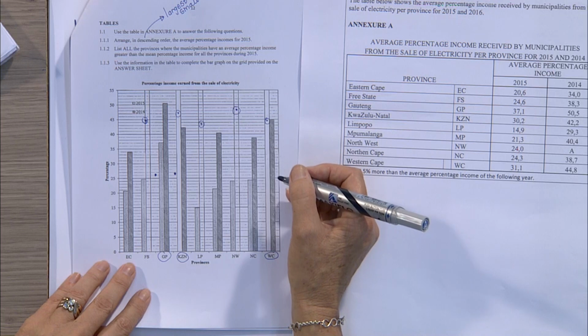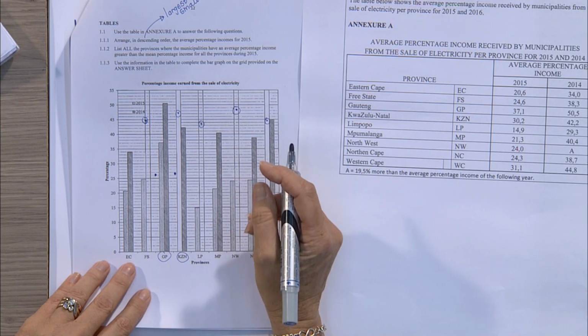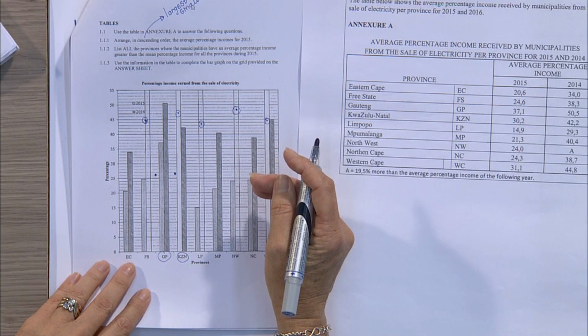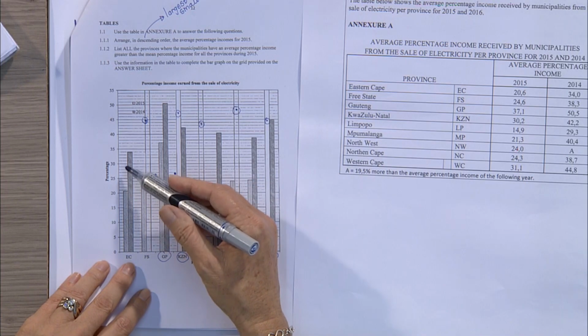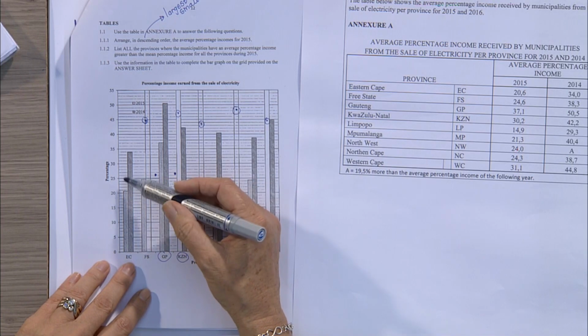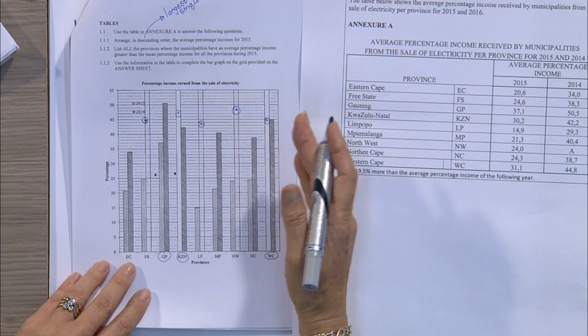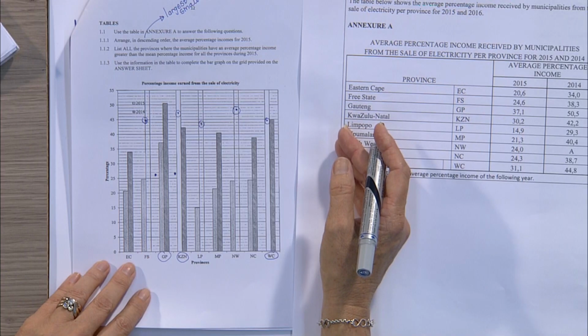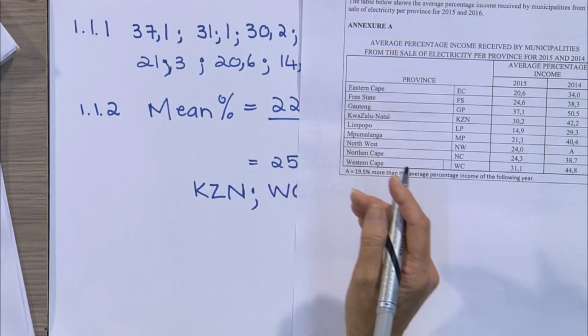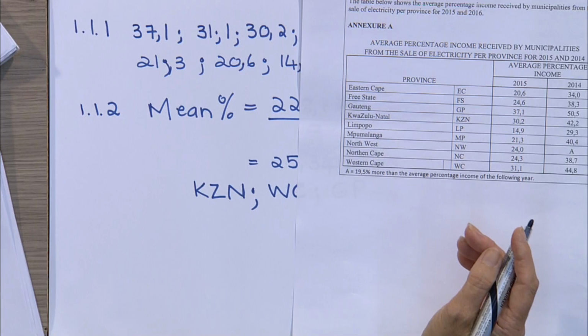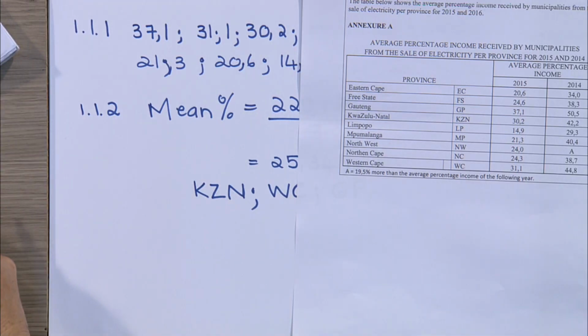Please, grade 12s, use a ruler and make sure that when you fill this in, the scale is good, so you're not going to make a problem, and make sure that you fill it in so that you can get the 4 or 6 marks for this question. That is 1.1.3. All right. Then we are going to move along and we are going to get to study the pie chart. All right, so the next question